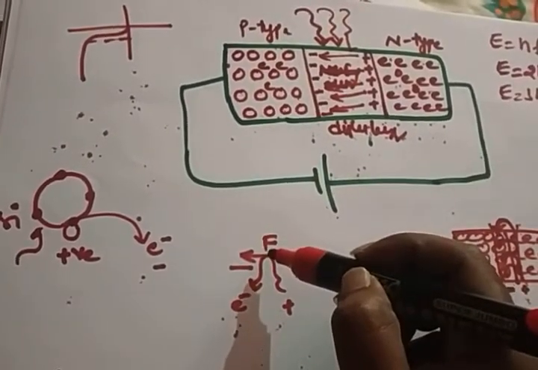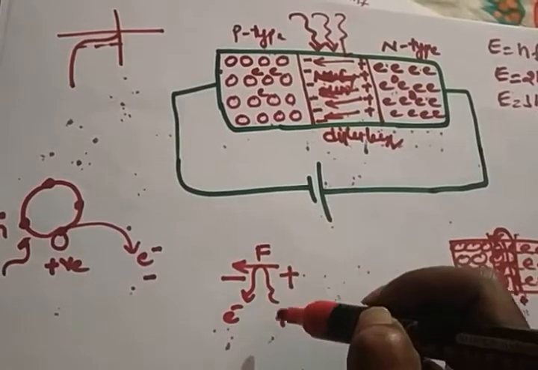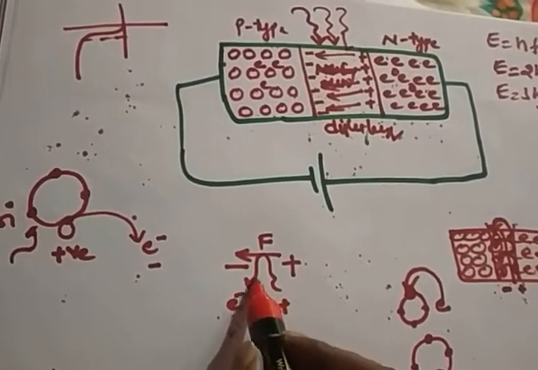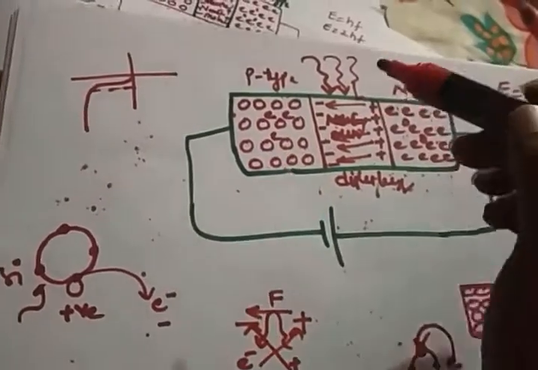So whatever force you have in the depletion layer, it will act on the electron and on the positive ion. This positive will attract the negative, this electron will attract the positive. Now with this force acting on the depletion layer, whatever electron and hole come from a neutral atom,